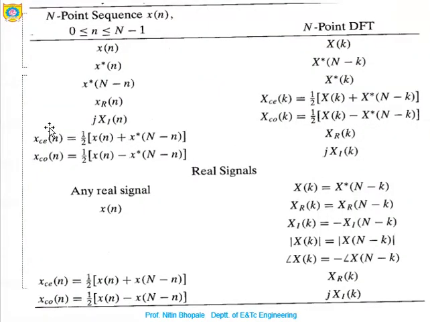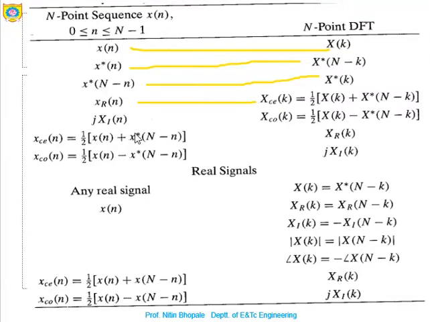So these are some of the DFT properties which you can observe over here. x of n will have X of k, x star of n will be X star of n minus k, x star of n minus n will be nothing but X star of k. If it is only the real part of x, then this is the resultant DFT. If it is the imaginary part, this is the resultant DFT. Similarly, there are some real valued signals for which the DFTs are mentioned over here. So these are the formulas for which you can go in depth and go for the proofs also.